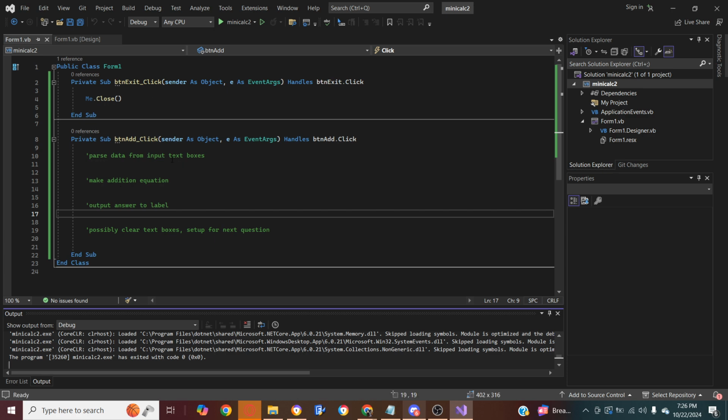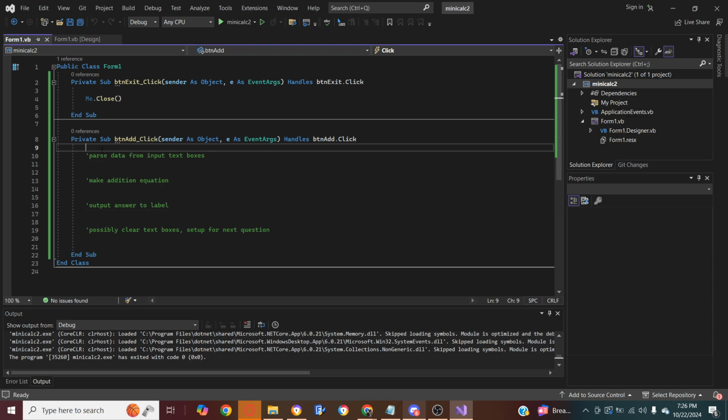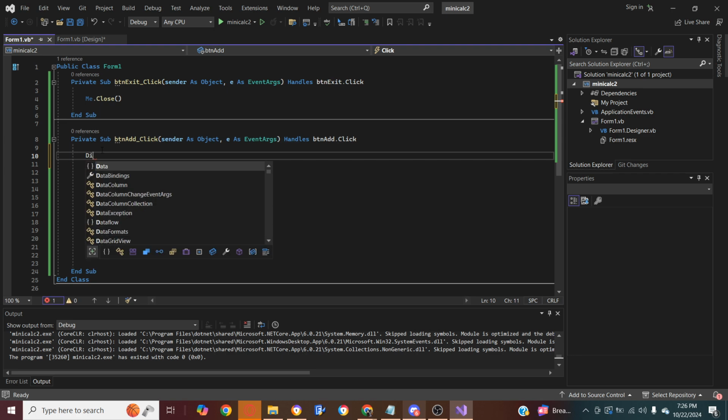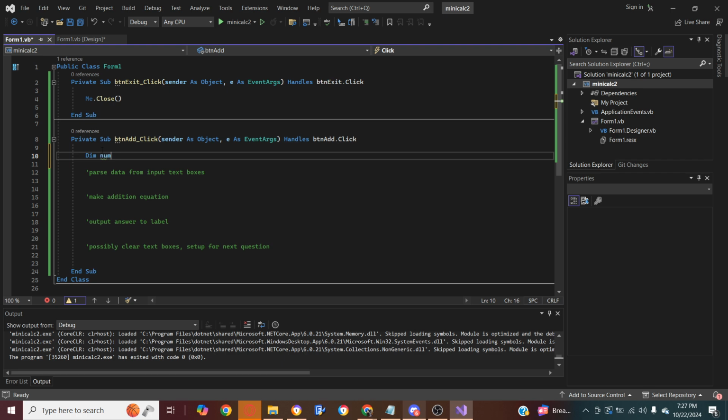So we need to parse the data from the input text boxes, make the addition equation, output the answer to the label, possibly clear the text boxes, and set up for the next question. So let's get started. What we're gonna have to do is declare some dimensions. Dim num1